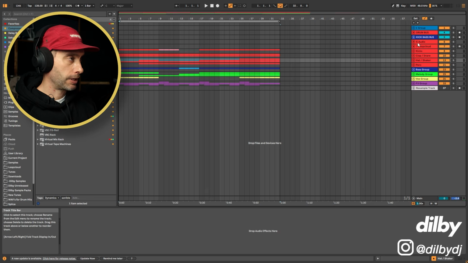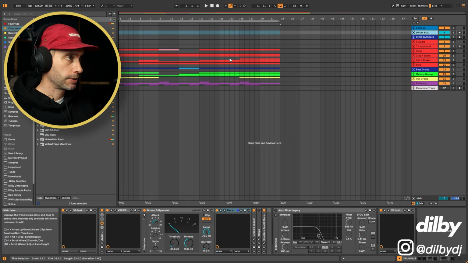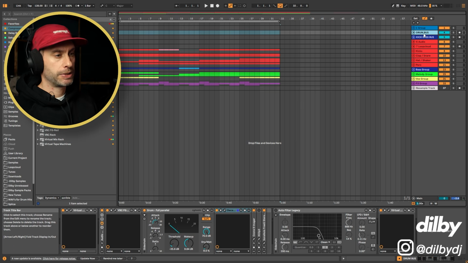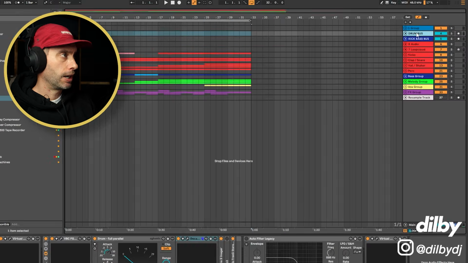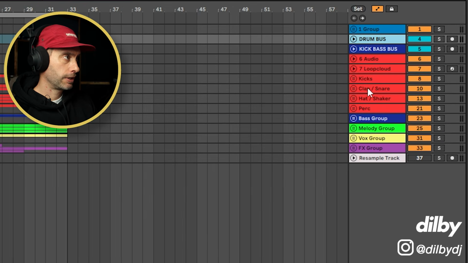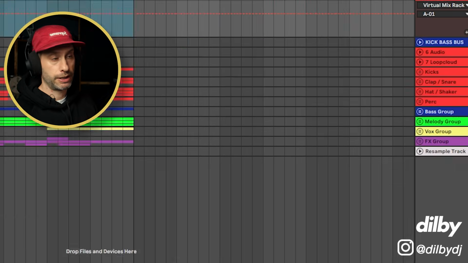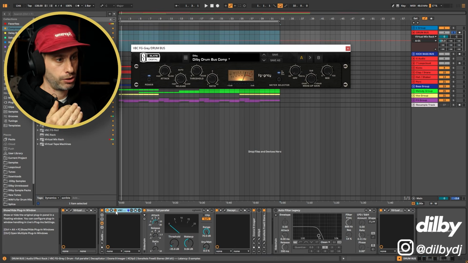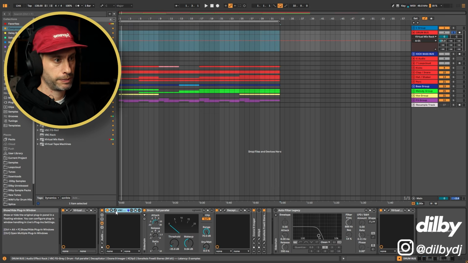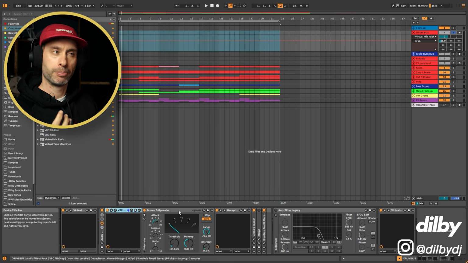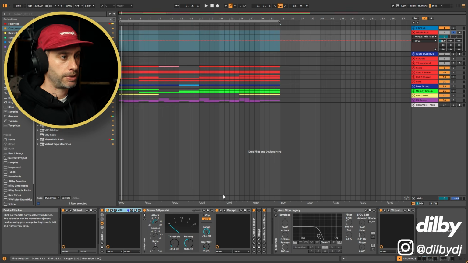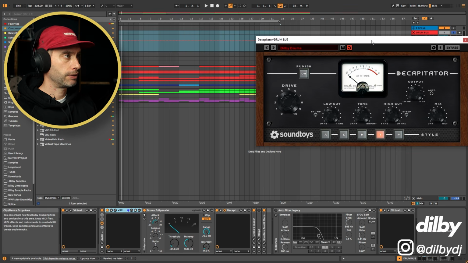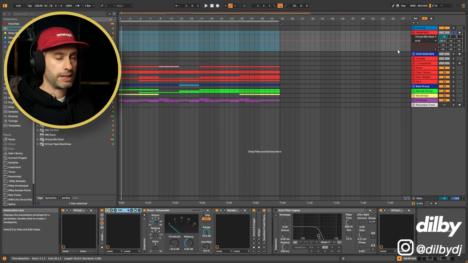Now, one last sidechaining tip for you, and this is a bit more of an advanced one. So I use a bus system for mixing my drums. I balance them all, but then to get them to sound as one cohesive thing, I route each of these groups, the clap, hat and percussion groups, to this drum bus, and I do some mixing with this. So I've basically got a compressor to just control the peaks, balance it out a bit more, some parallel compression, which is kind of beefing things up and filling in a bit of the space, a little bit of saturation, very subtle, just to color everything and make it sound a bit more as one,